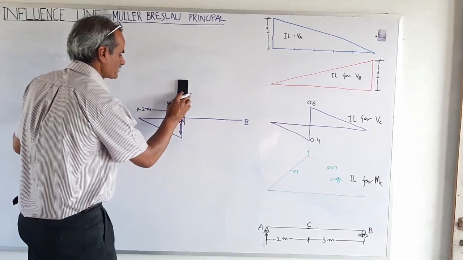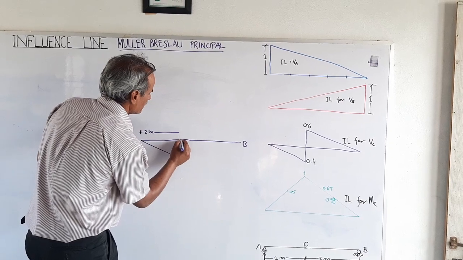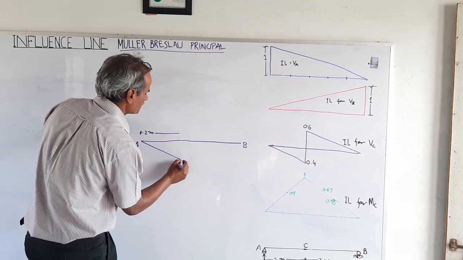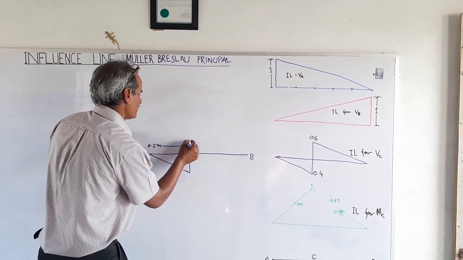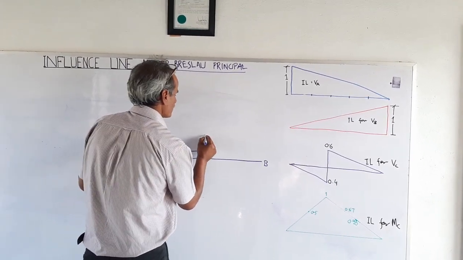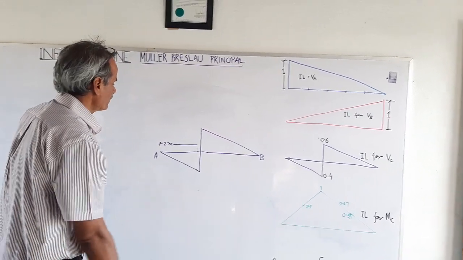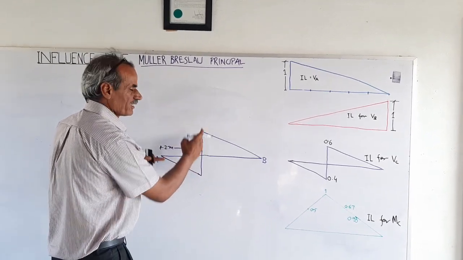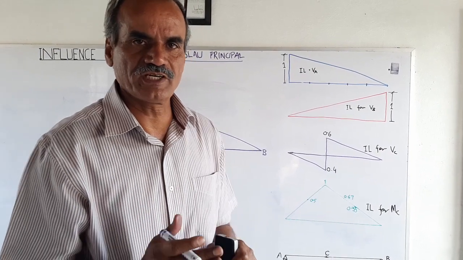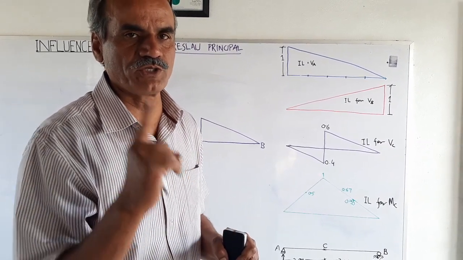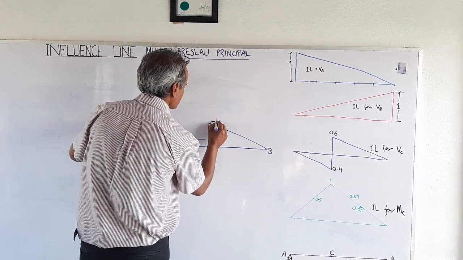If you have understood the concept, I remove the rollers and just draw these ordinates with the concept of Muller-Breslau. Now this has gone down, this has gone up, and the beam has been allowed to shear from here. Shear to a deformation of unity, 1. If we see, this whole is 1.